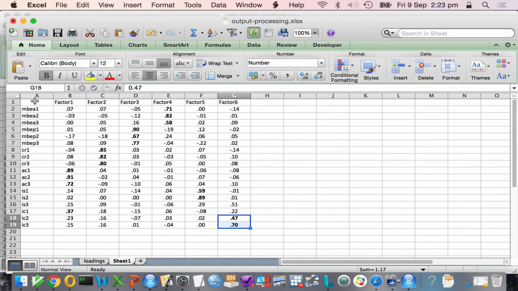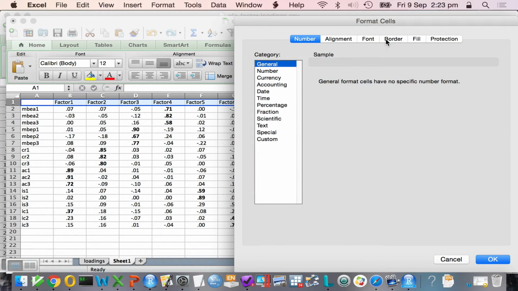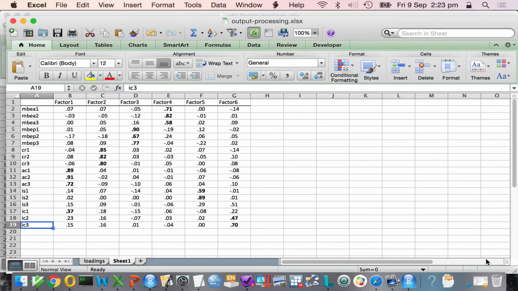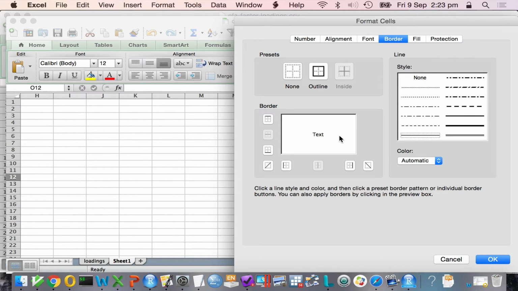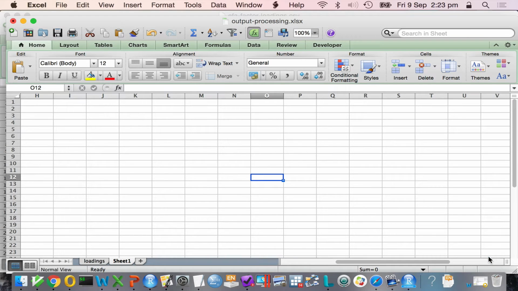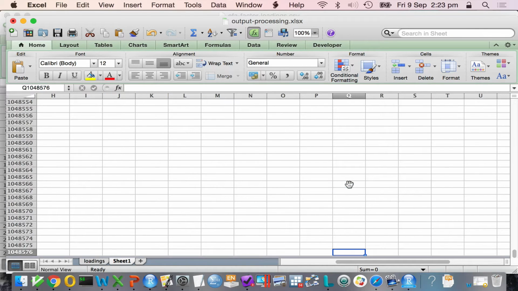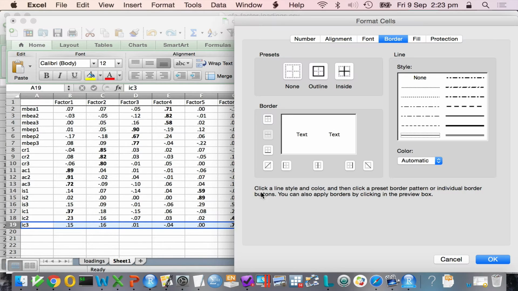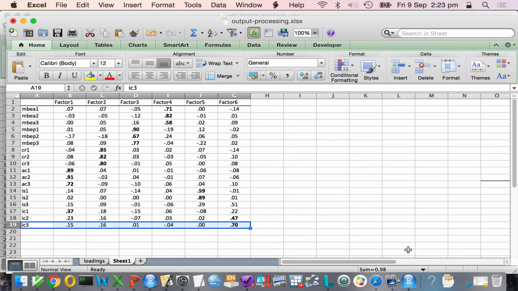Let me know if I've missed one. You could possibly put the item text if you had actual items. Maybe add some bars. I can't see the bars, they're hiding. I'll have to do it this way. And so on. I mean, none of this is terribly exciting or complex, but I just wanted to go through one example where